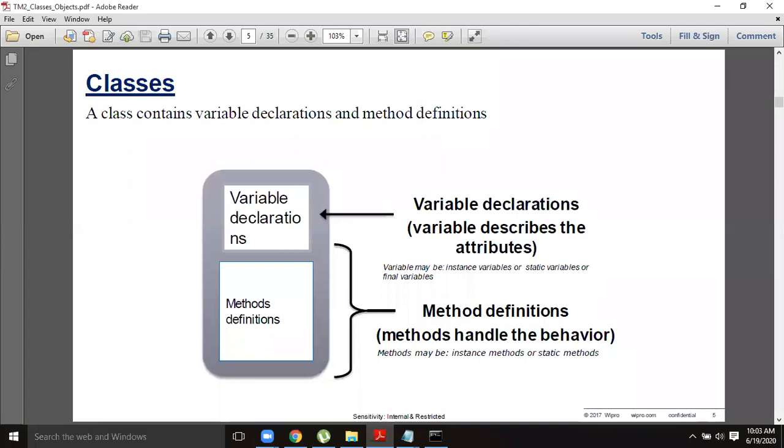A class, as I already told you, contains majorly two things: variables as well as method definitions. This is the process of encapsulating, wrapping up in the class. Your variables or methods are not represented separately. Whatever you want to represent, you must represent inside a class definition only. That is the meaning. So a class contains variable declarations and method definitions. Variables declared inside a class are nothing but instance variables.